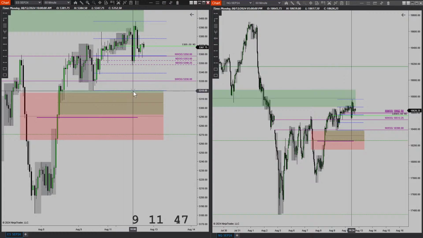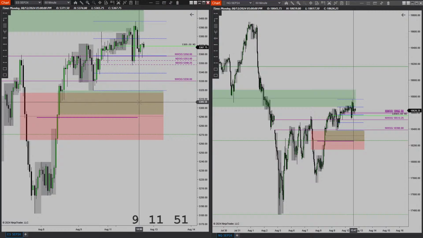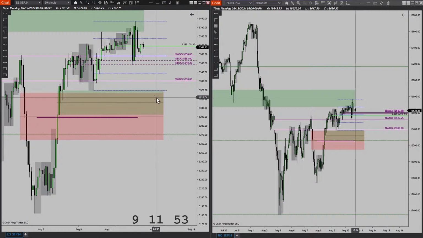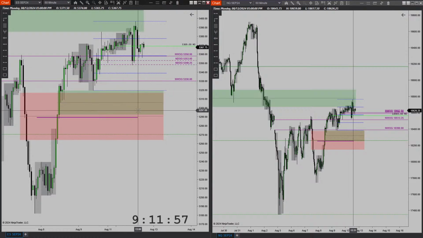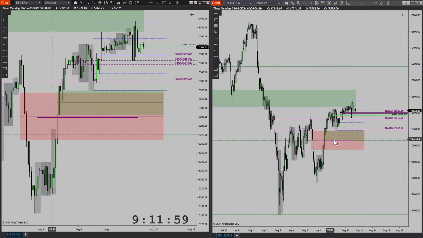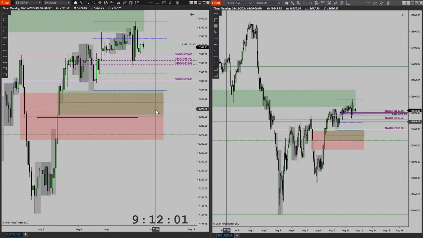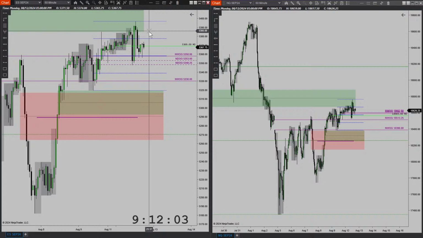I guess you can say more confirmation that price might look to target these lows, and then for price to draw lower. I'm very careful to trade short in these areas. I won't be looking to trade short in these areas. I'll be looking to trade short in this area here.